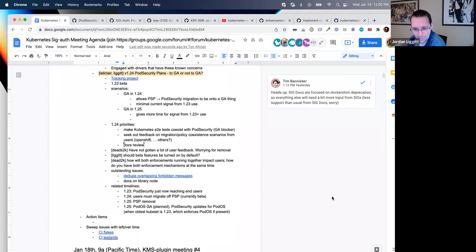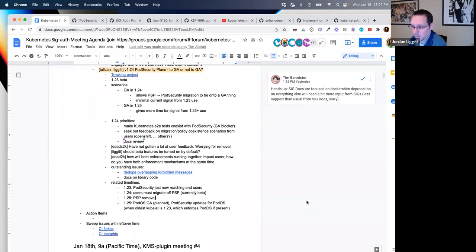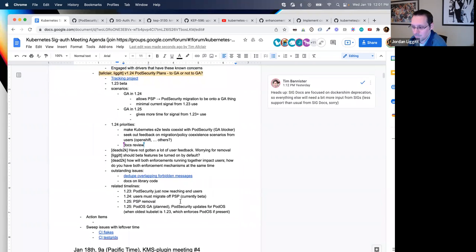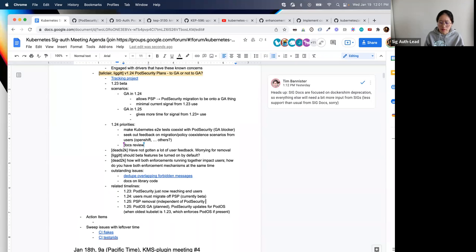I don't think that anyone should be waiting for pod security to reach GA before moving from PSP to it. So this is independent of pod security GA, right? My opinion is that it is. I think that it is as well. I just want to record that.